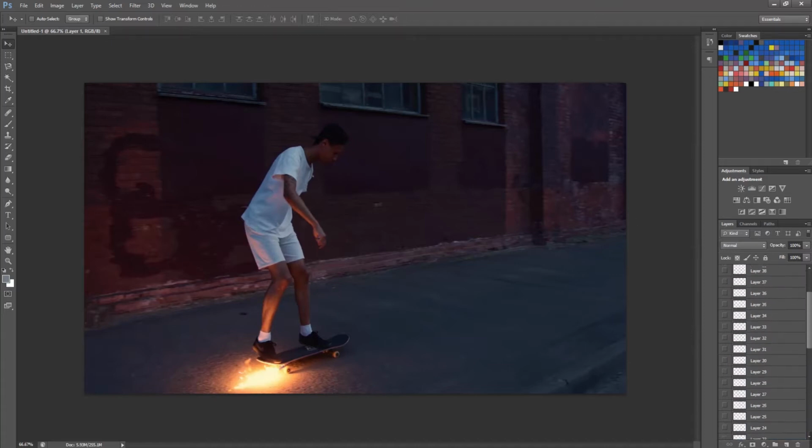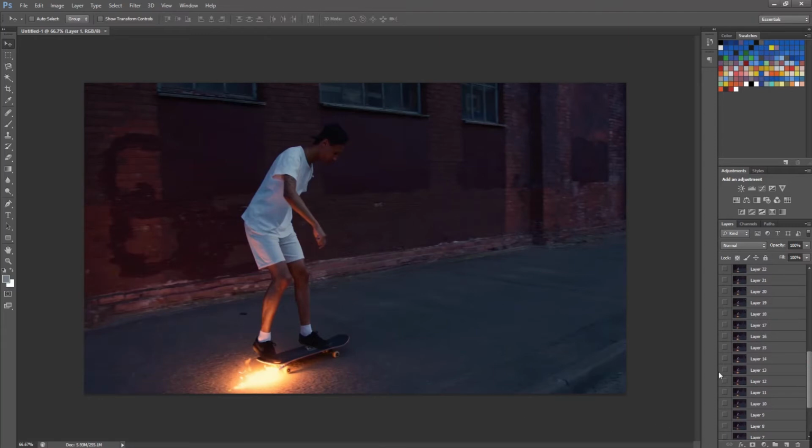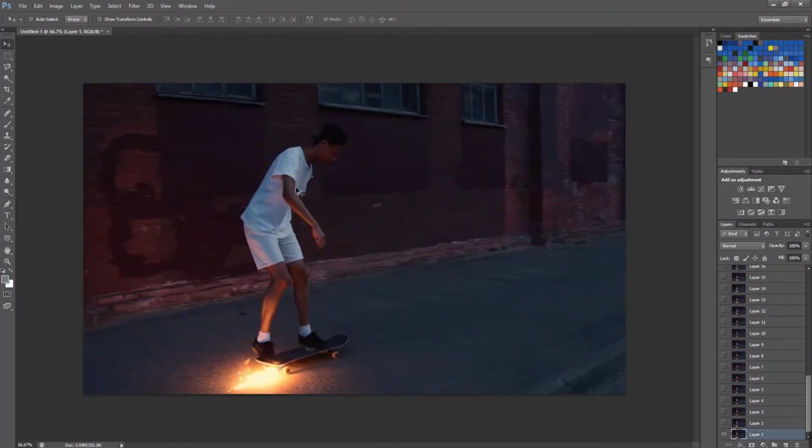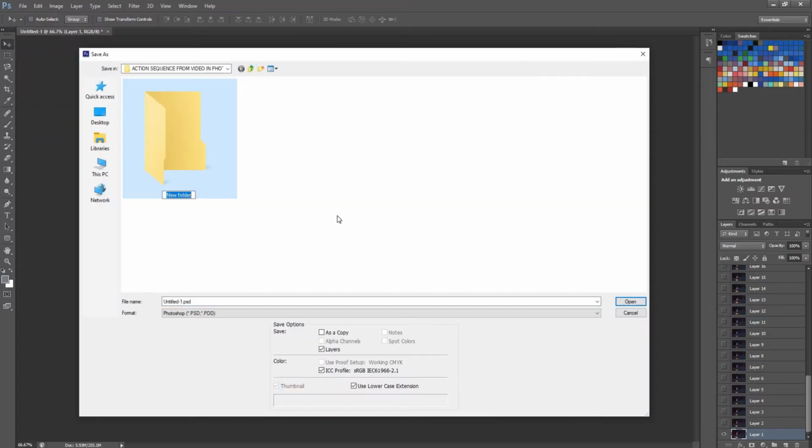Now the video sequence is opened in layers. Press F7 to see the layers if it is hidden. I can see the images by turning the eye button on and off in layers. Now I'll select 3 layers and save them separately, which I am going to use further in the process.